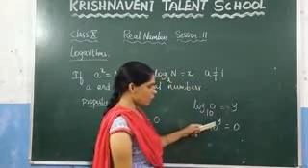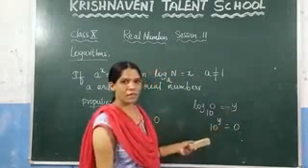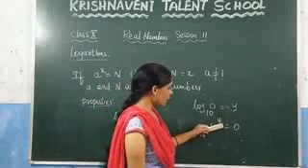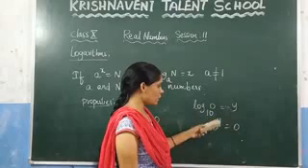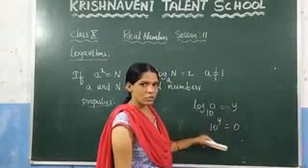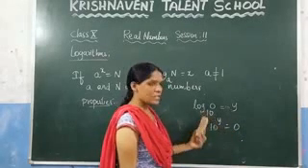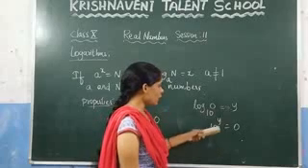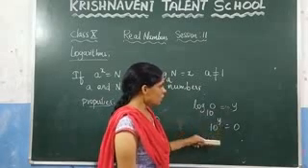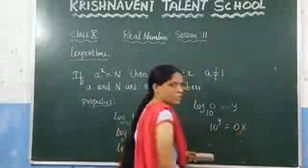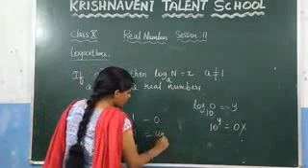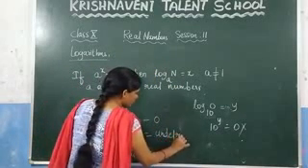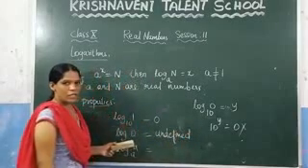Can we find the value of y here? We cannot, because if you put any value here, you will not get the answer as 0. Consider 10 power 1, which is 10, 10 power 0, which is 1, and 10 power minus 1, which is 1 by 10. If you take any y value here, you will not get the answer as 0. For that reason, we can say that log 0 is undefined. We cannot define the value of log 0.